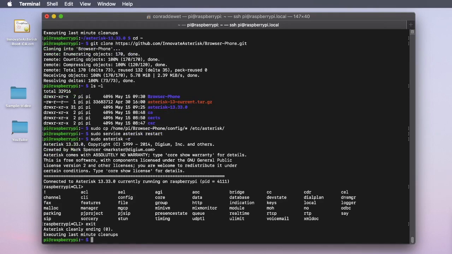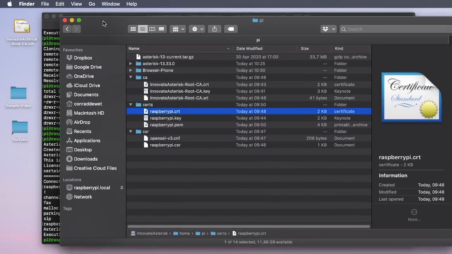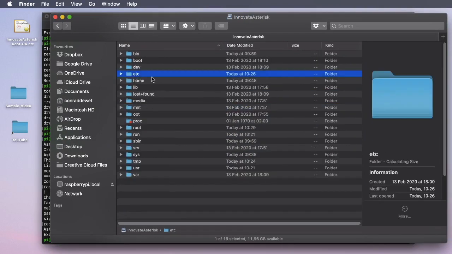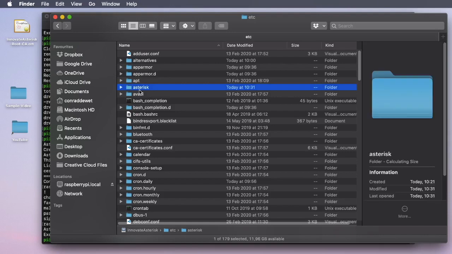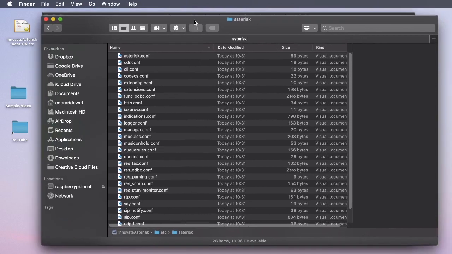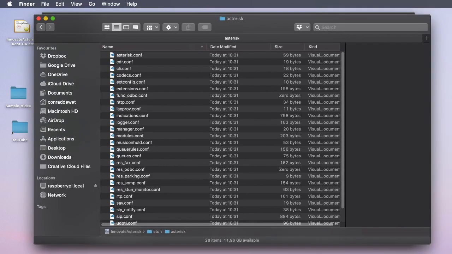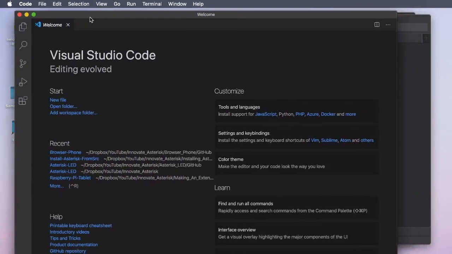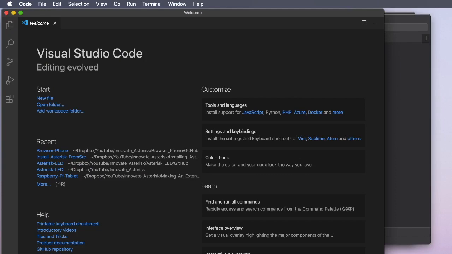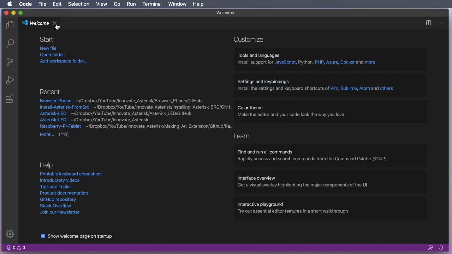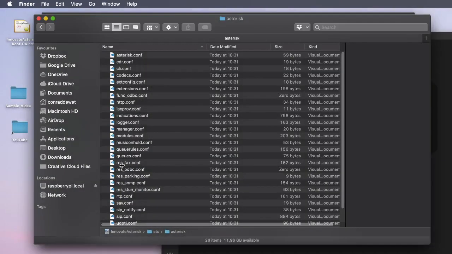Now we're out of Asterisk, and I'm going to now go to my file server because I'm going to fiddle with the config files. I'm going to go back to the etc. asterisk. Right, these are the config files that GitHub downloaded for us, right? And now I'm going to open Visual Studio Code. There's Visual Studio Code. Pop that in there. Right. And we close the intro